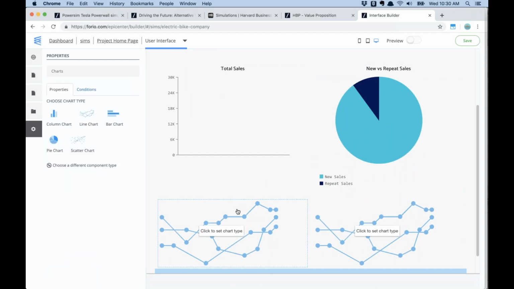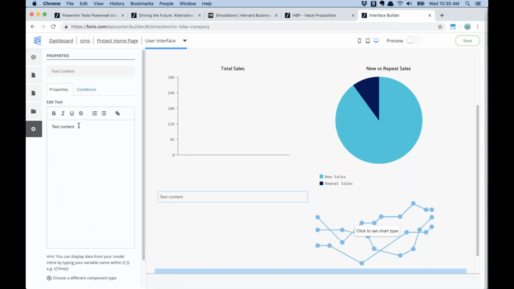So notice here, for example, I have another chart that I could put in. I have these chart types that are available, but I can also choose a different component type. So let me click on choose a different component. And here, if I want to, I could put in a text component, and I could put in some text here to explain something about what's going on. So maybe I want to share something around, let me think, how about my installed base? I'll say your current installed base